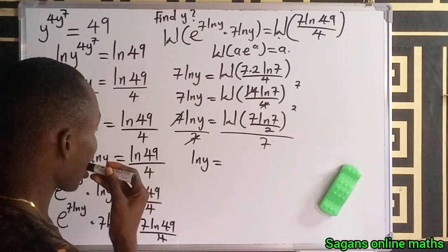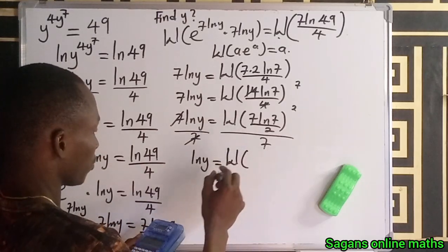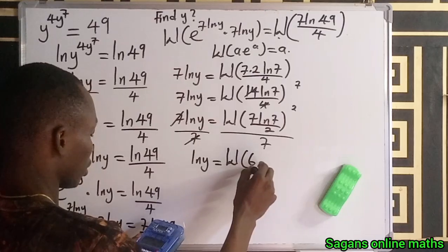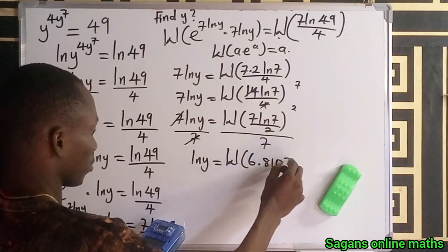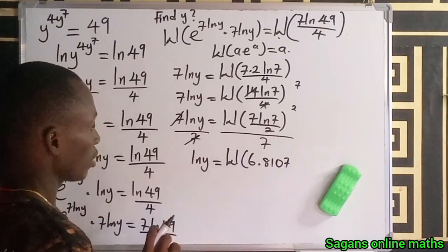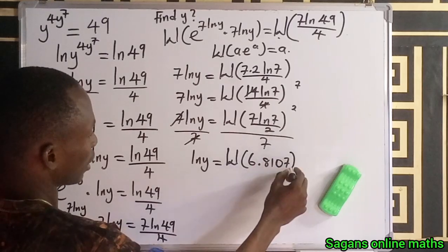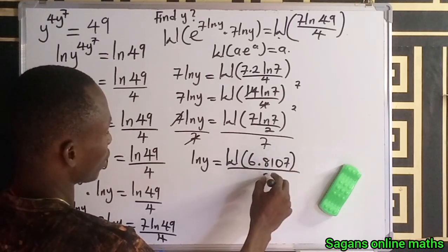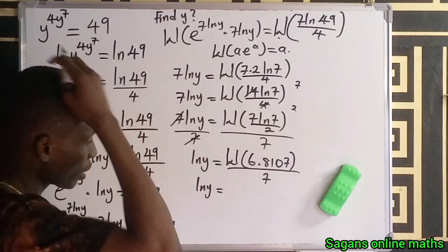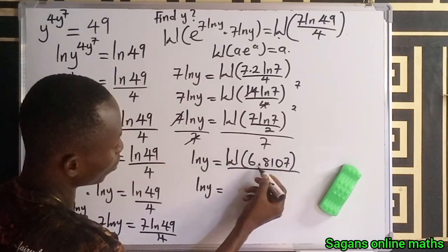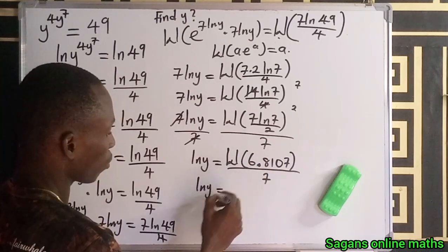Okay, if I do that, I have the w function of 6.8107 at 4 decimal places, right? Remember, 7 ln 7 divided by 2 gives me this. Then all divided by 7. Okay, so that means ln y equals what? Now if we take the lambda w function of all this value that's here, if we take the lambda w function of this, we have